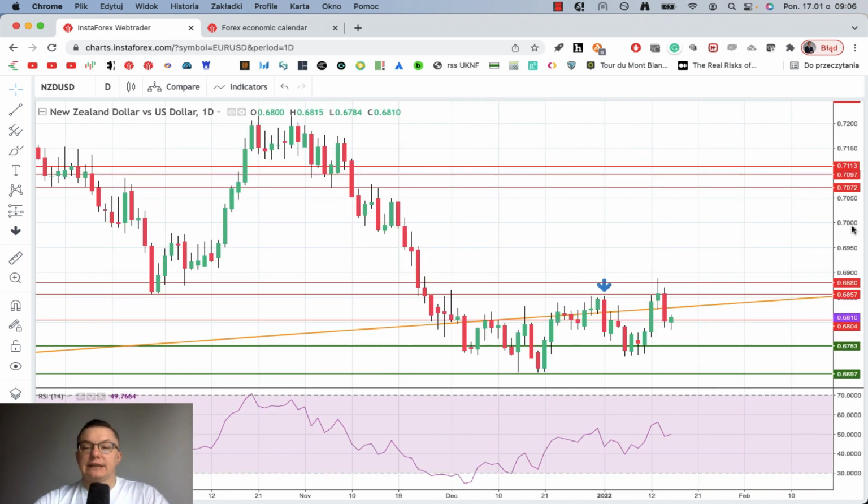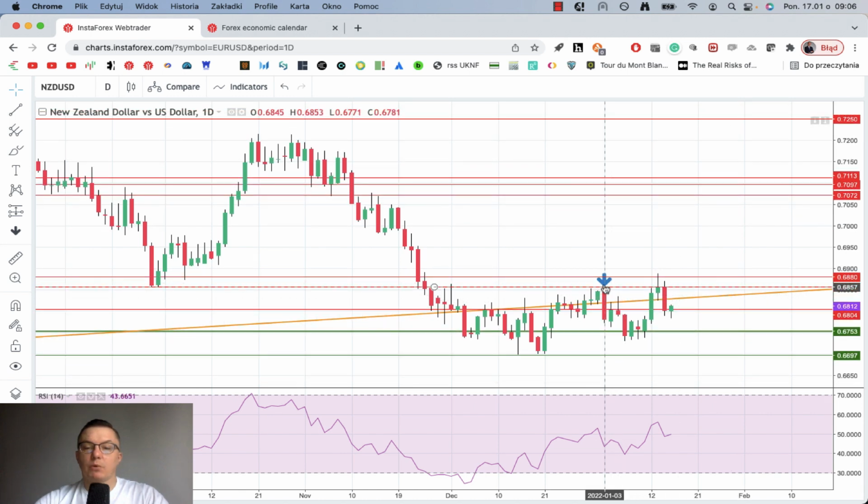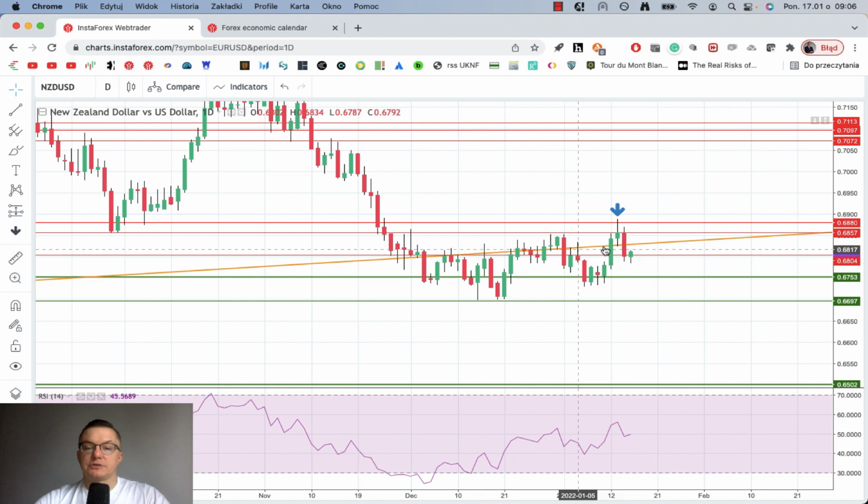The New Zealand dollar daily time frame chart looks somewhat different than the Australian dollar, despite the fact that they are kind of similar currencies. Breakout below the long-term trend line, marked orange in this chart. Lows at around the level of 6,698. Corrective bounce, ranging market around 7,800, finally burst to the upside, capped at 6,880. So we got this pin bar, kind of a pin bar-ish candle on a daily time frame chart here,